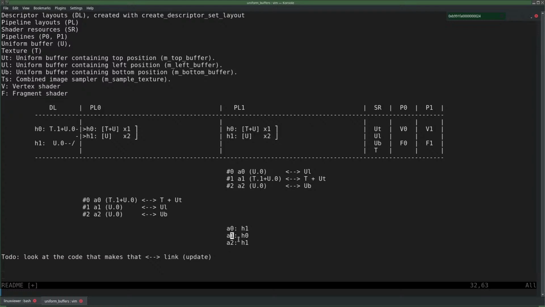And I allocate also a descriptor set that uses the layout handle H0. And then my pipeline is using it in this order because